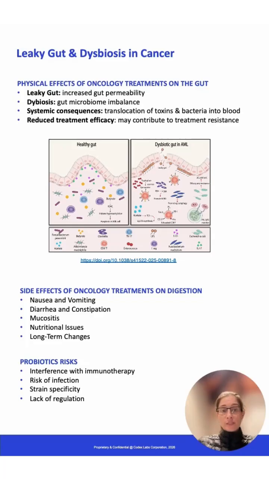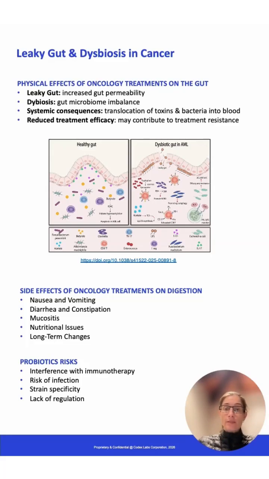Dysbiosis has been linked to reduced efficacy of immunotherapies and chemotherapies, in some cases contributing to severe treatment resistance. In the image that I'm showing from a paper, this shows this effect for acute myeloid leukemia chemotherapy with methotrexate. The disappearance of the good bacteria that produce butyrate, which feeds the gut cells, and the increase in pathogenic bacteria like E. coli not only leads to gut inflammation, shown by the lipopolysaccharides in brown, and leaky gut, but drives